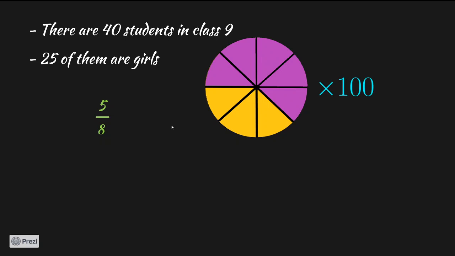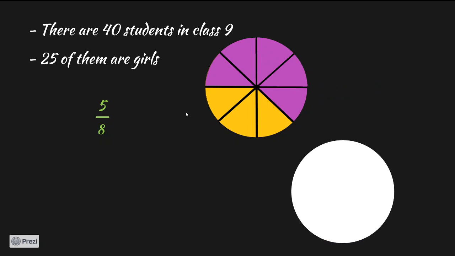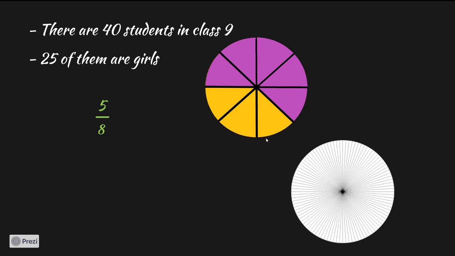I am multiplying by 100, and what is happening that time? I'm taking the same circle, and instead of dividing it into 8 parts, I am dividing it into 100 parts, and then I am choosing the 5 by 8 part itself, the same area I'm shading here,